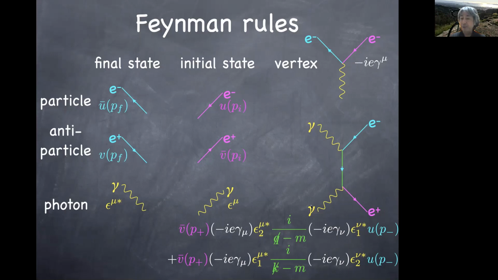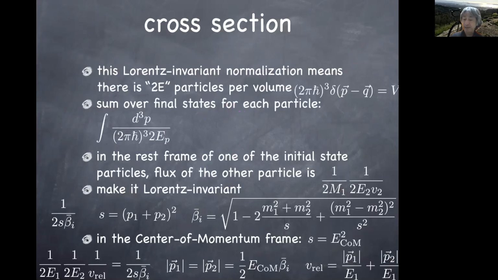And for the other diagram where two photons are interchanged, I need to stick in the polarization vector for the second photon first at this vertex. And the 4-momentum of the virtual electron changes now, because now K is P minus Q2 instead of Q1. That's why I use a different symbol for the 4-momentum of the electron propagator. Then comes the polarization vector for the first photon and goes over to the same wave function of the initial state positron. So once you have this process in your mind, all you have to do is to think about